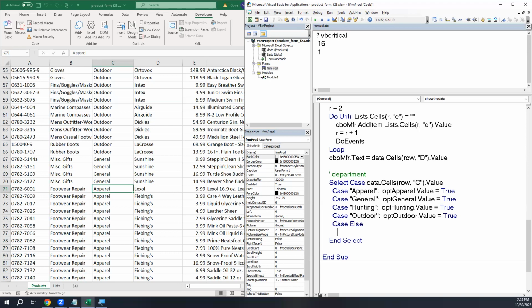And put up a message box. Unrecognized department. We're going to do that same thing, vbOK and vbCritical. Actually, let's put unrecognized department. I'm going to put unrecognized department as the title. And then for my message, I'm just going to say did not,